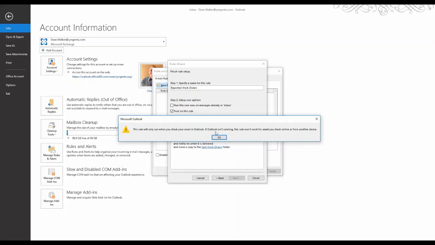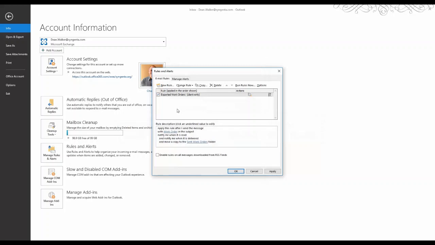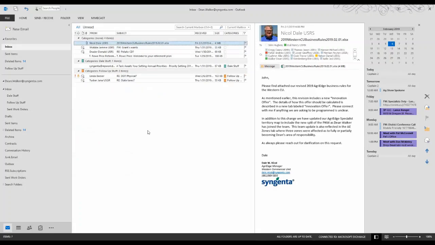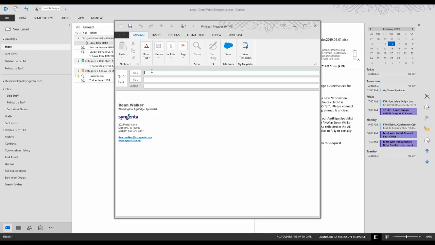It's not going to work if you do this from your phone. This rule lives on your client that runs on your computer. Okay. So now we can go back here and we'll just test it real quick. I'll make a email here,